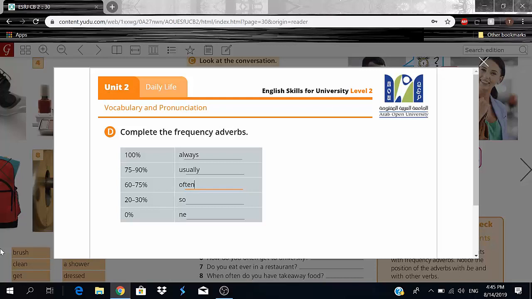Okay? Now let's go even lower and scoop down to the 20 to 30% range. Obviously, these numbers, you guys, they're based just purely for speculation or argument's sake. You should not focus on these. You should focus on the word itself and when to use it properly. So we use a word called sometimes. I'm sure you guys are familiar with all these words. So sometimes is when you're really not too sure.